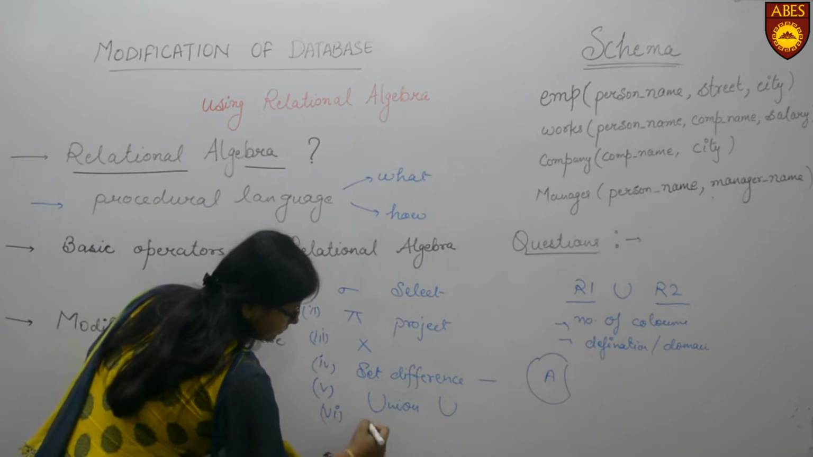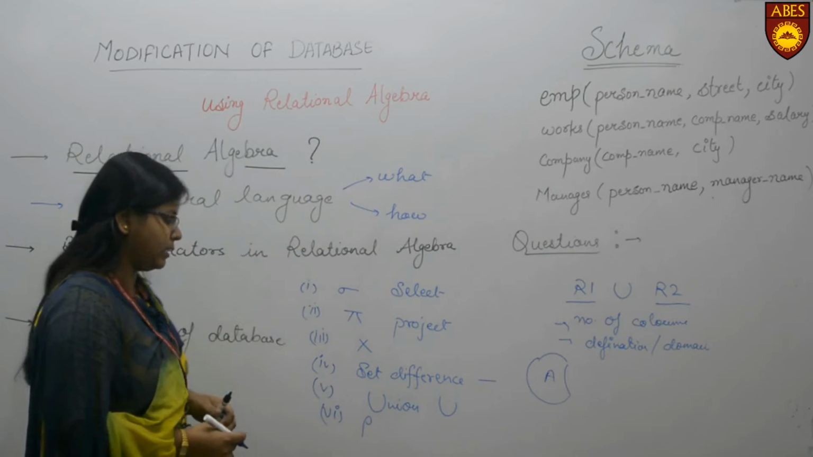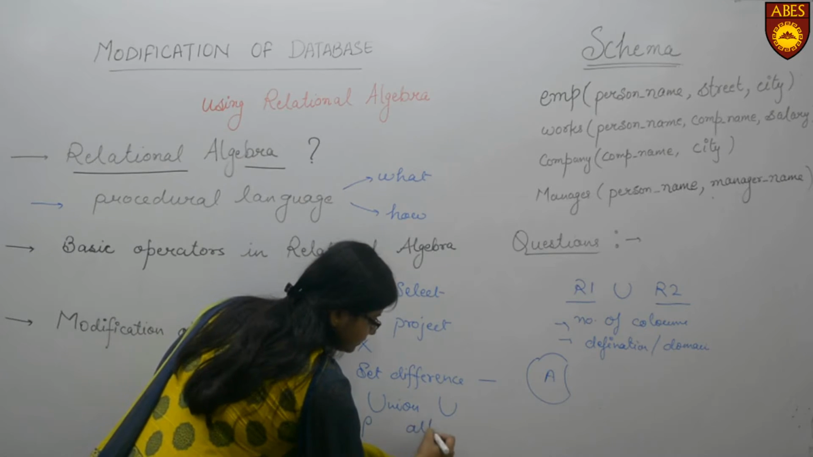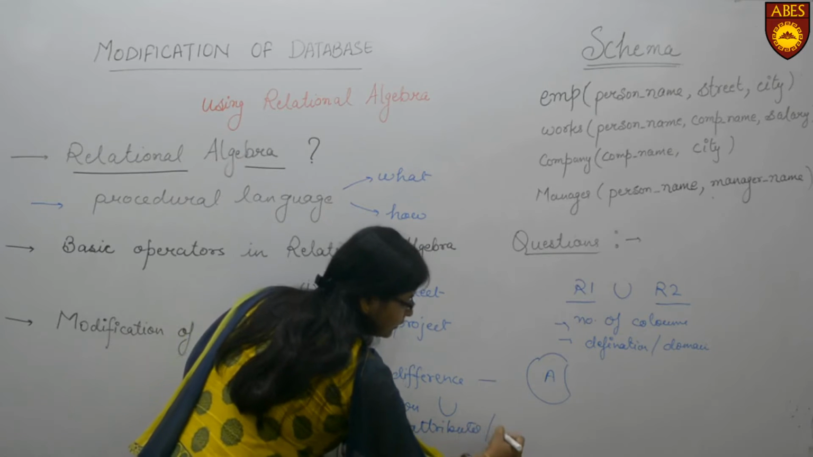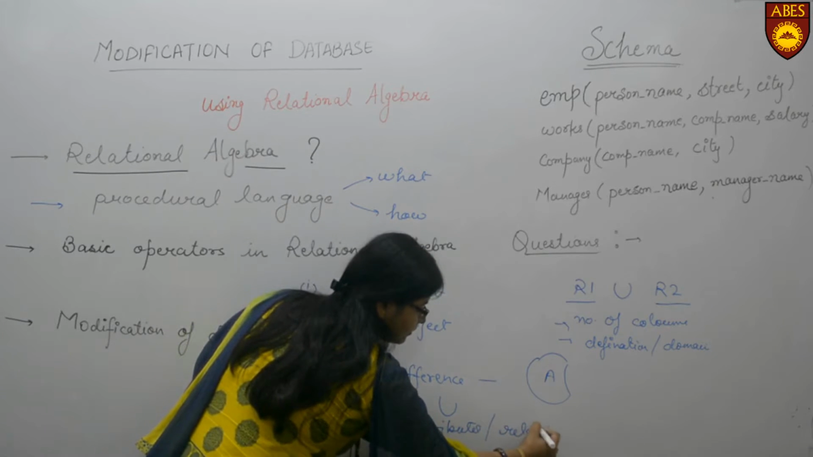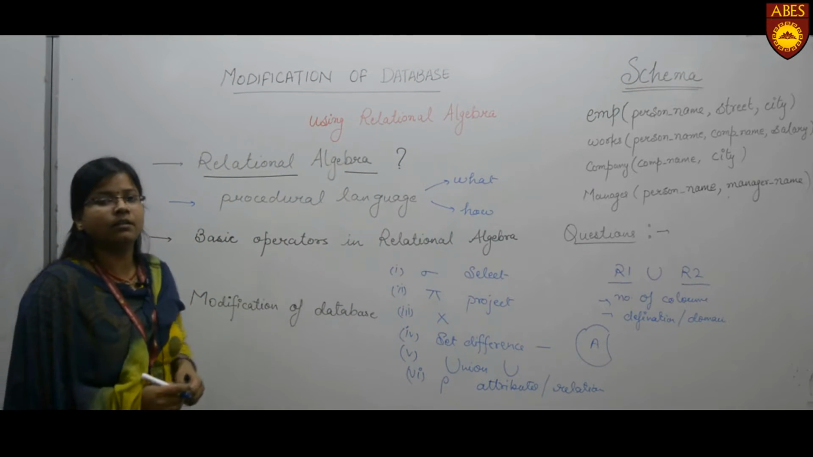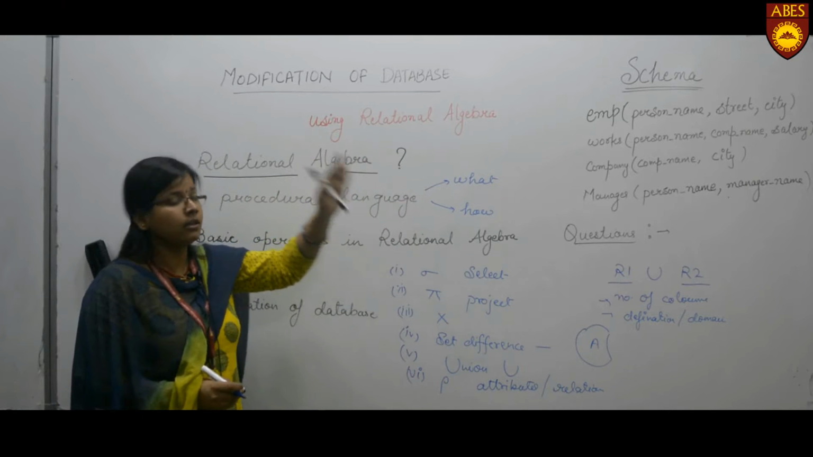Sixth one is the rename operator. It is represented by rho in relational algebra. So using the rename operator, you can rename attributes as well as relations. So these are the basic relational operators which we will be using in writing relational algebra queries for the